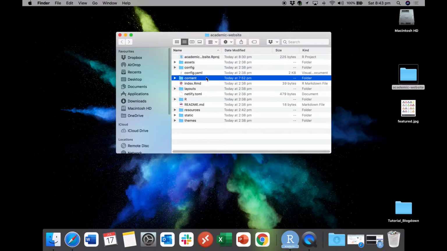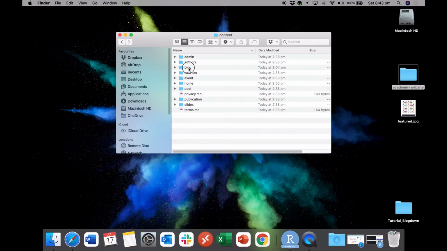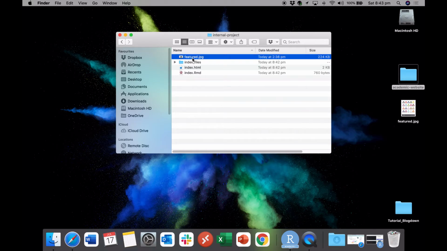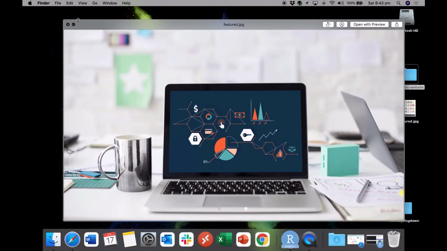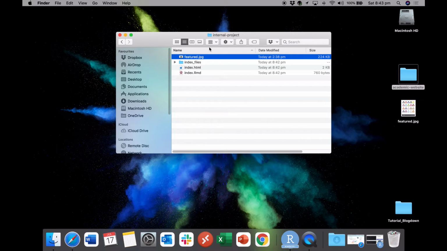Okay, so navigate to where your R project is located and then go to content and to blog. And of course, we're working on the internal project, so click on that. And as you can see here, you have a JPEG file, which is the image that currently is presented. So all you have to do to change it is to get the desired image and to just paste it. And don't forget to rename it to featured, because this is what